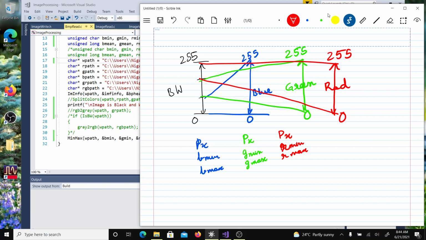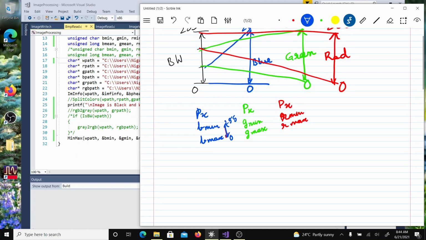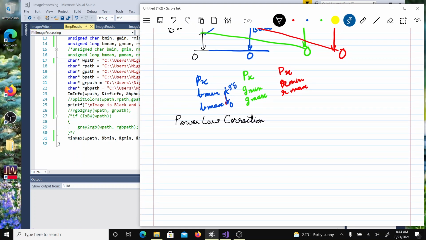One is the linear way. I can take this range and I expand it to 0 to 255. I stretch it out. I can do it for all the colors. There's another thing which is called power law correction. So what I'm going to do is take the pixel value, whether it's blue, green, red,